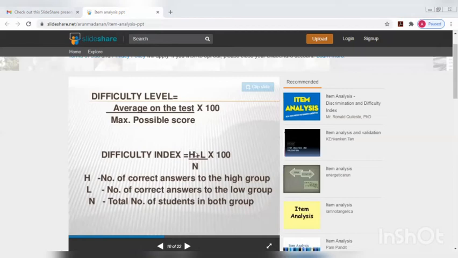So what happened here, the high level of students, okay, if they are getting 75, maximum are getting 75, 76, 77 or 80, so these three will come under the high level. And in the low group, you are going to count those other 3 students who are getting only the pass marks, okay, and it will be multiplied again by 100 and divided by the total number of students, that is the 6, okay.